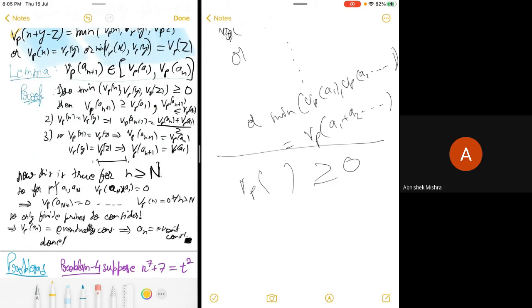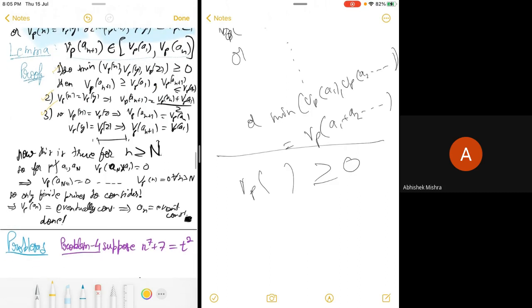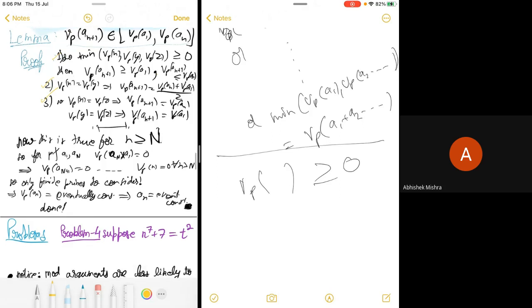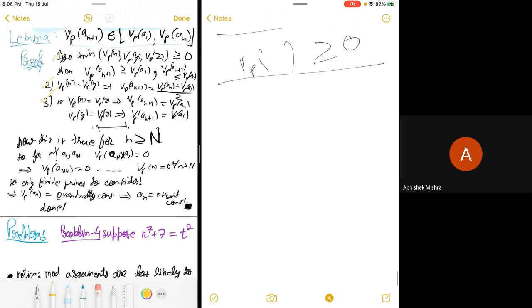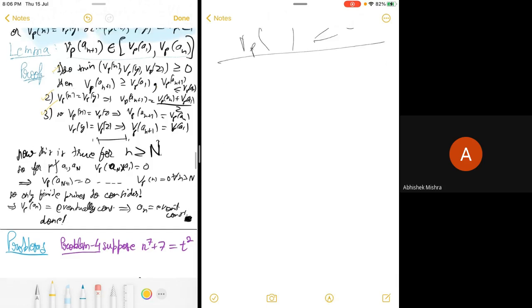So is it clear till here? Now you can just check these cases to prove this lemma. So is the lemma clear? Like you can just do the proof. It's easy. Is the statement of this lemma clear? Okay. So now just notice that this is true